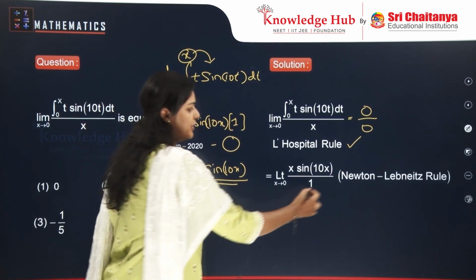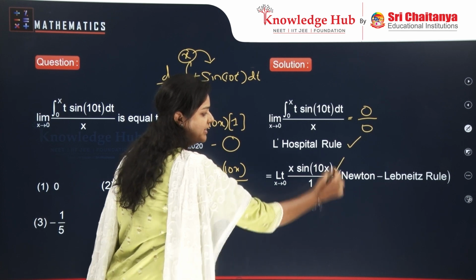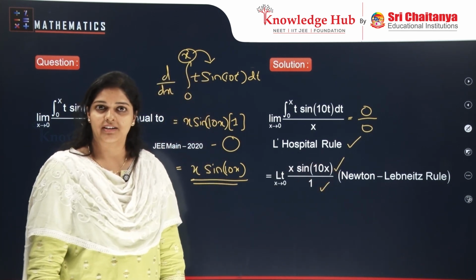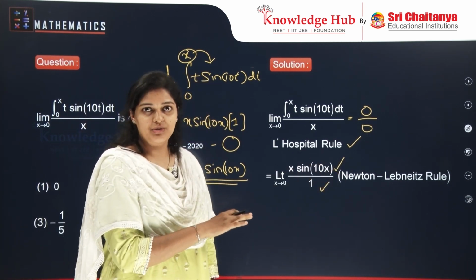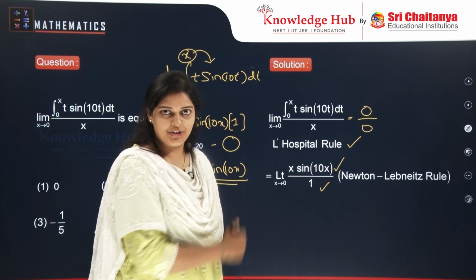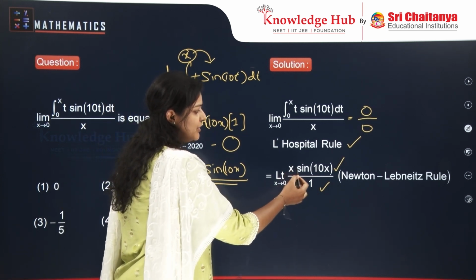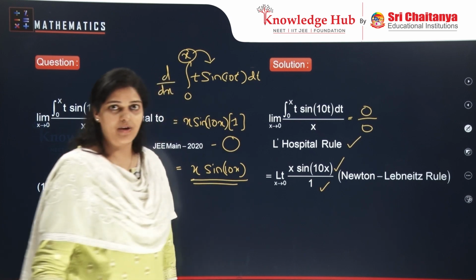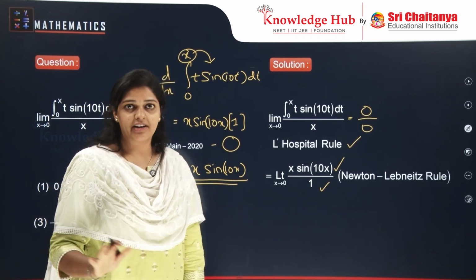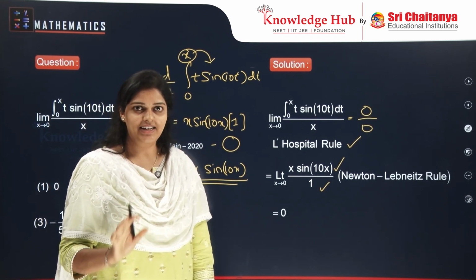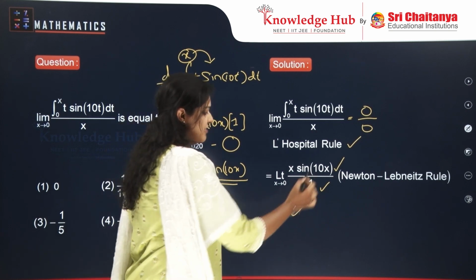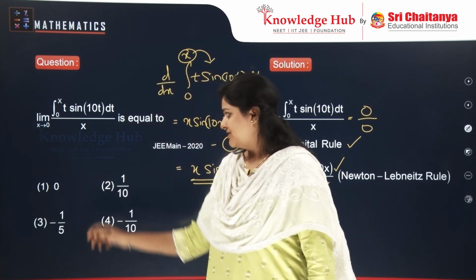So according to L'Hopital's rule, this is the derivative of the numerator, and this is the derivative of the denominator. After applying L'Hopital's rule, let's check what happens if you substitute x equals 0. You are getting 0 in the numerator, but the denominator is 1. So 0 by 1, it's not an indeterminate form, the answer is directly 0, you can say. So this is the final answer. So it says the option number